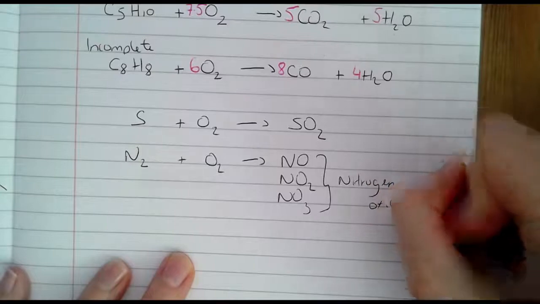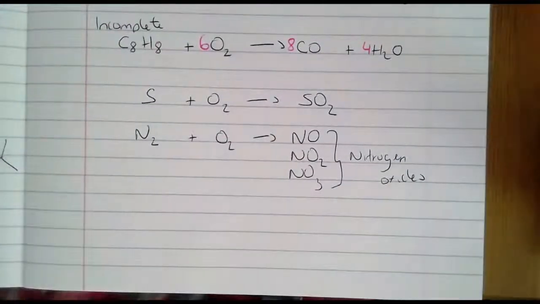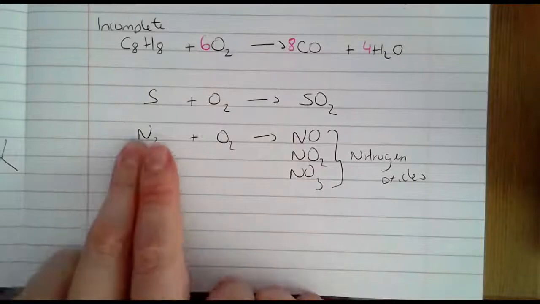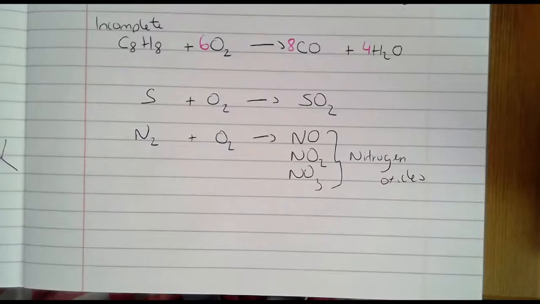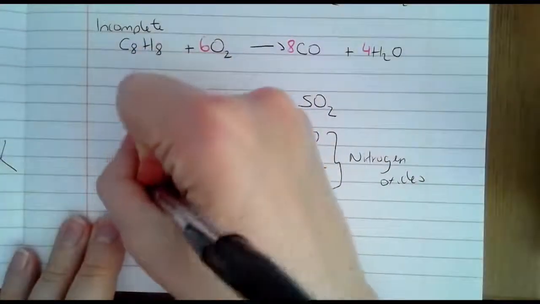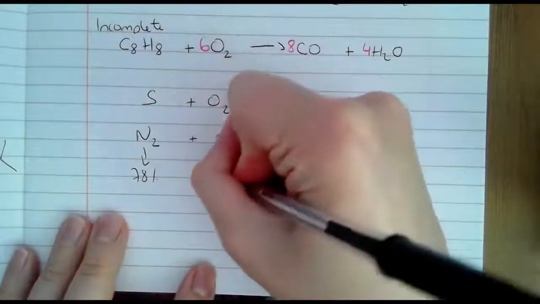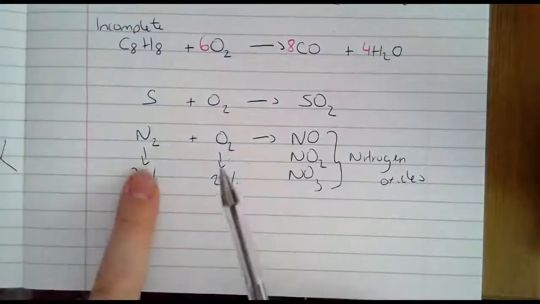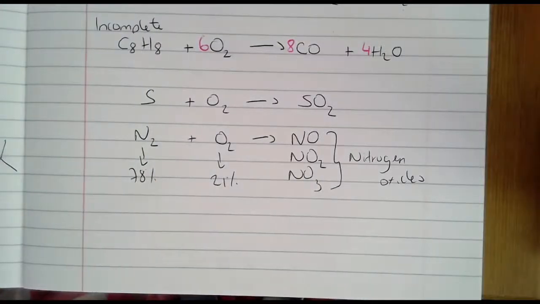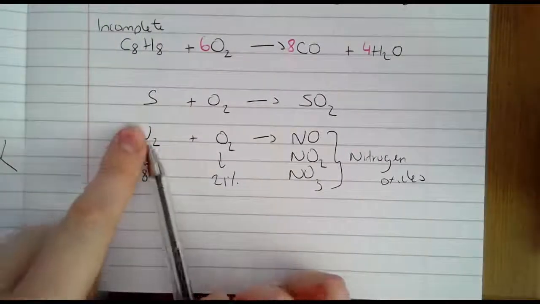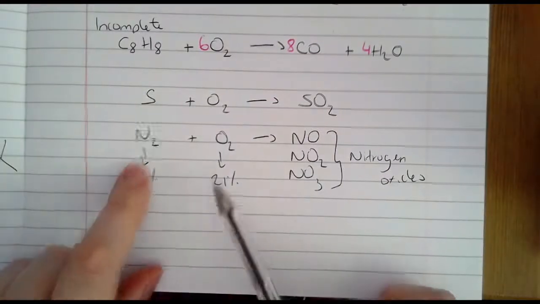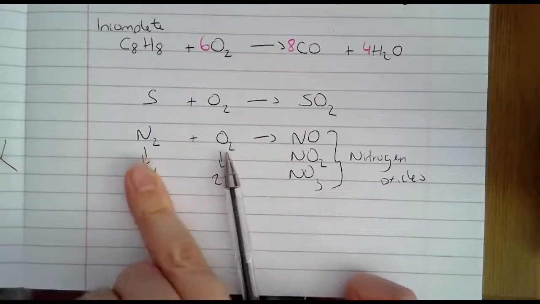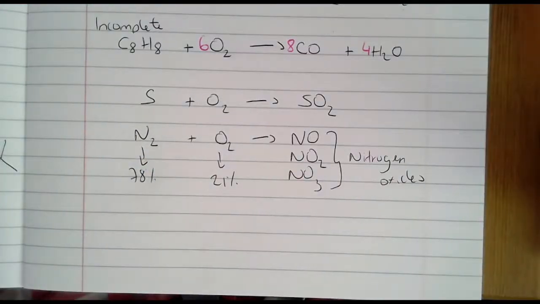Now, you don't find the nitrogen in the fuel. What happens is there's loads of nitrogen in the atmosphere around us. So 78% of the air around us is made up of nitrogen gas, and 21% is oxygen. And the nitrogen and the oxygen in the air around us do not react with each other because nitrogen is very, very unreactive. However, when you've got a combustion reaction taking place inside a car engine, there is a lot